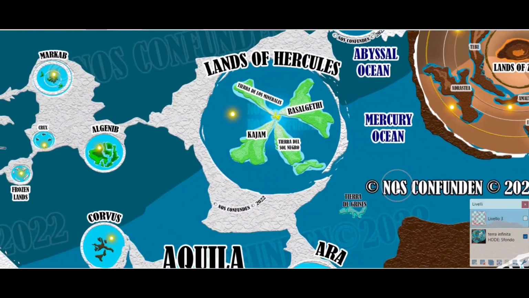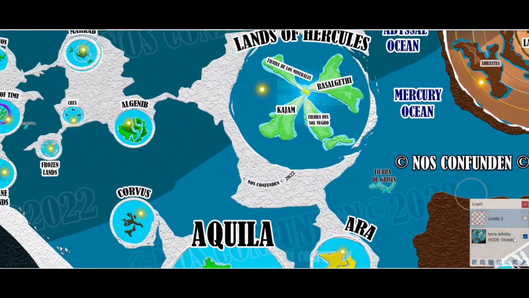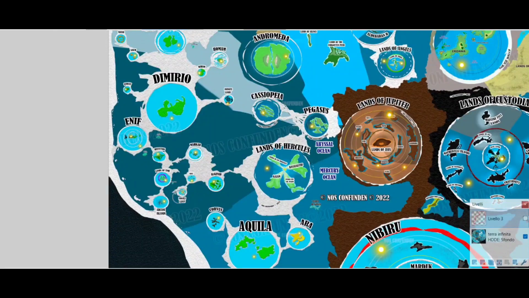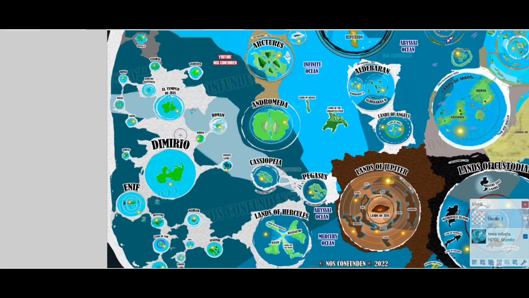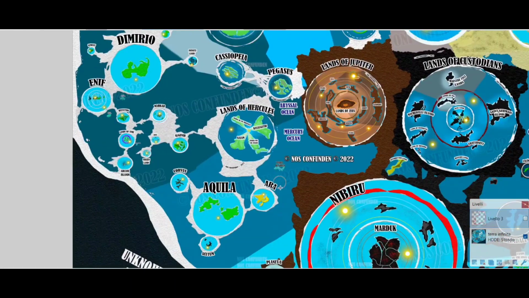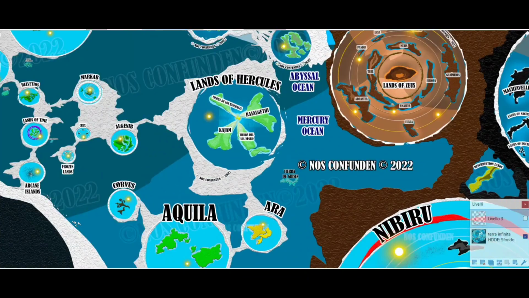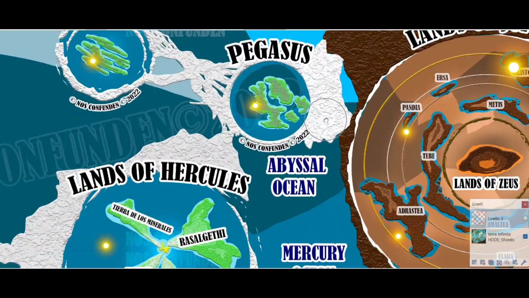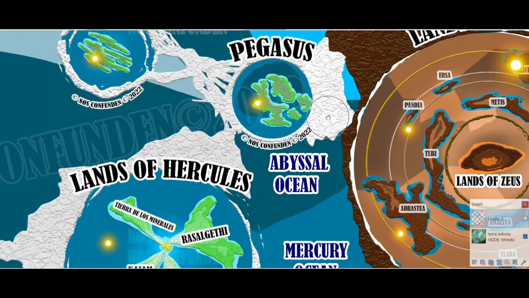The lands of Hercules are part of their own specific, I guess I could call these galaxies, these connections, you know what I mean? You see how all of this is connected by a single type of layer? These white layers can be ice. Usually these refer to ice, which is not the ice that we would intend on a plane of existence.